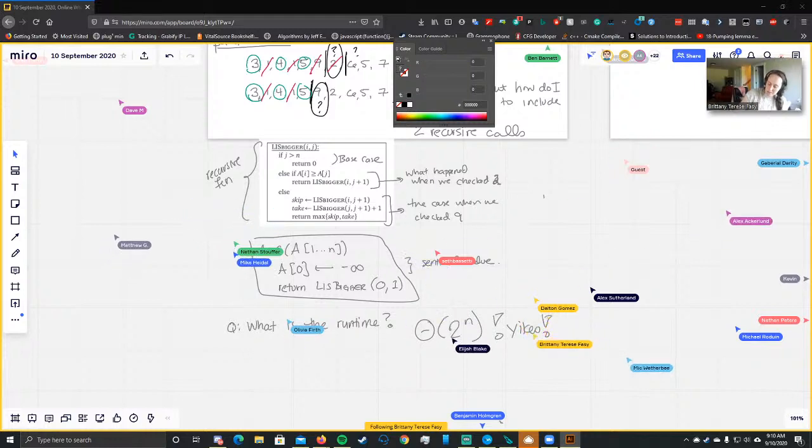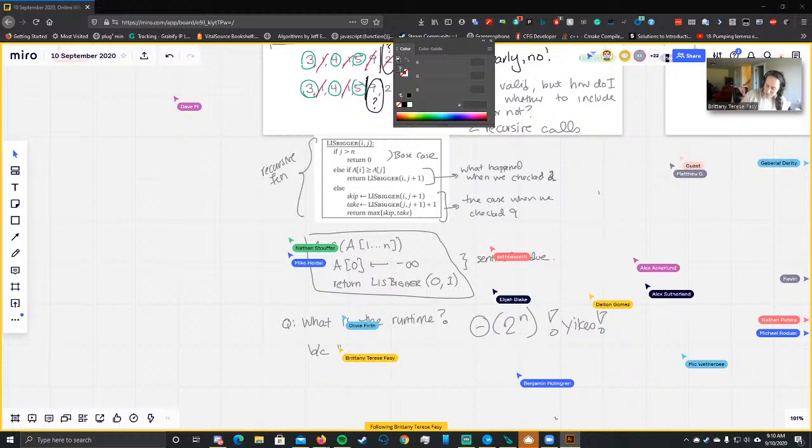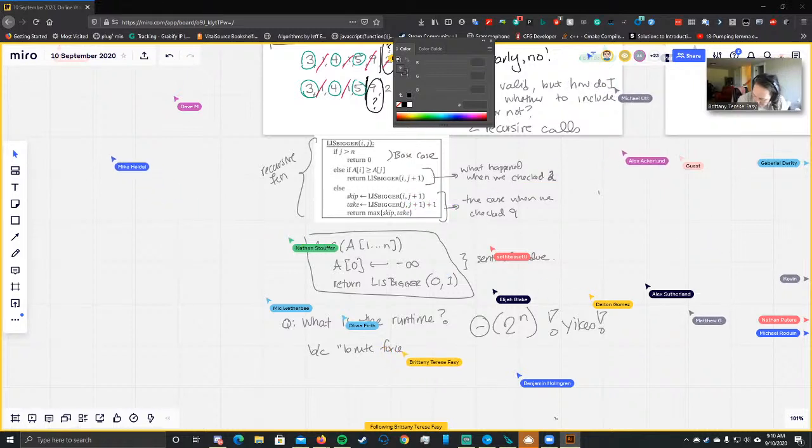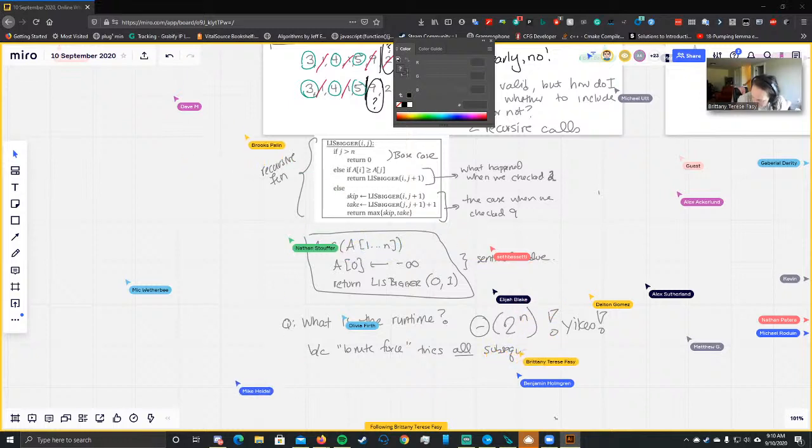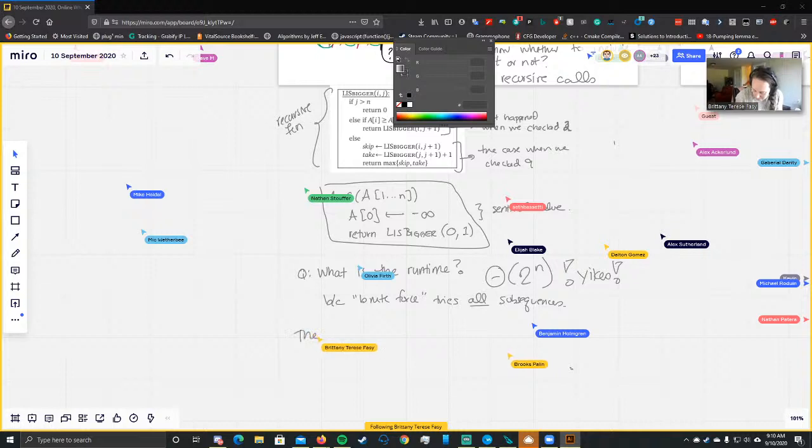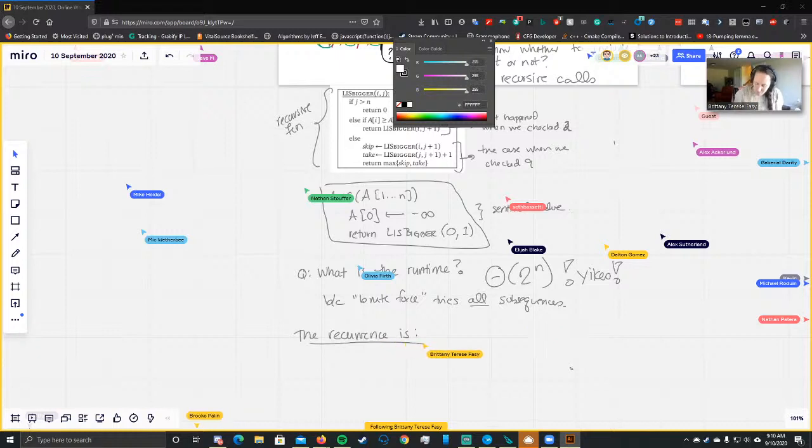And this is because brute force tries all subsequences. Now I'm going to write this as a recurrence relation. So I'm going to write out what the recurrence is. The recurrence that we're looking at is, I'll say note, and I'll put here mathematically,